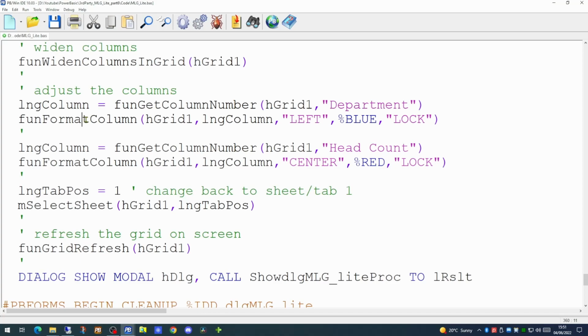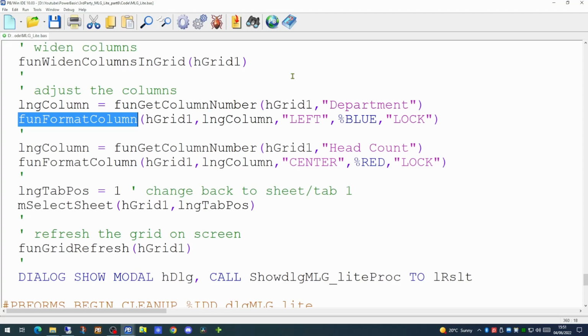The format column function will take a number of parameters: the grid, the column number, the justification, be it left, right or center, the colour of the foreground of the font, and whether the column is to be locked or unlocked. As there is no data in this second tab, we wouldn't see anything if we ran the code now.